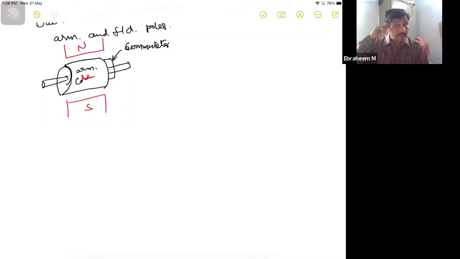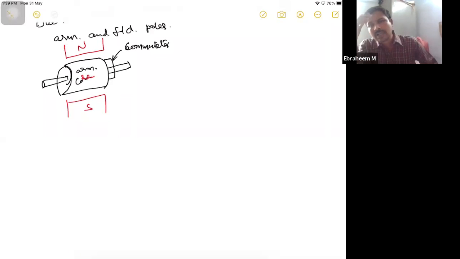Okay. So for the magnetization process, what should happen in a magnetic material? In the magnetic material, you will have dipoles. So when you rub a permanent magnet over a magnetic material or iron piece continuously for some time, all the dipoles in the magnetic material will be aligned in one direction. If you rub with the North Pole, or if you rub with the South Pole, they will be aligned in another direction.